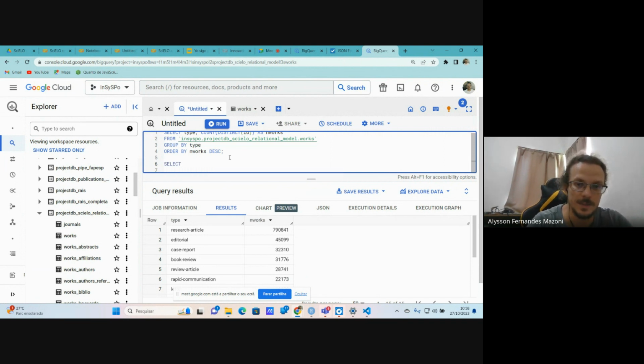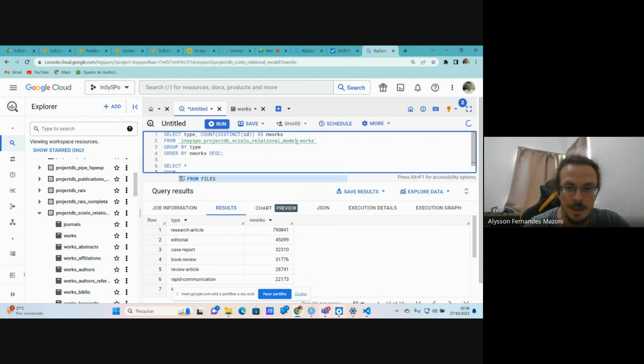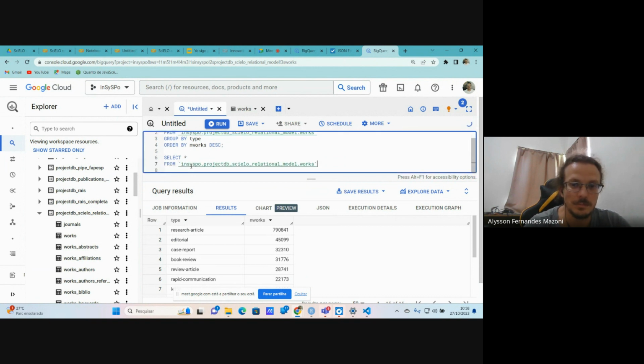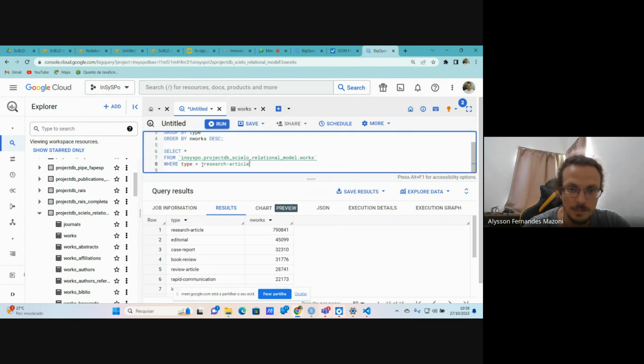So select everything from that database where type equals, or